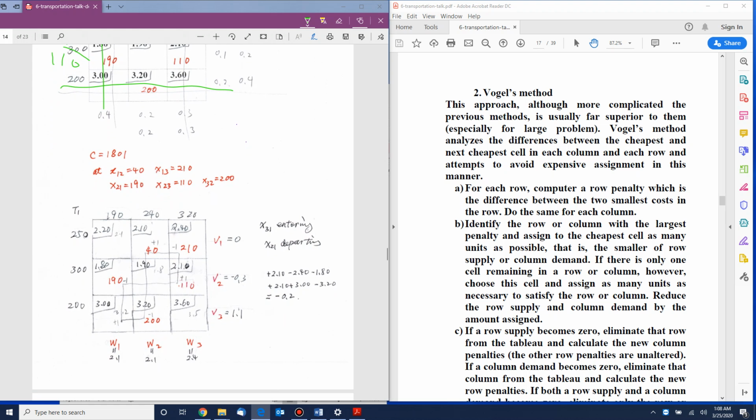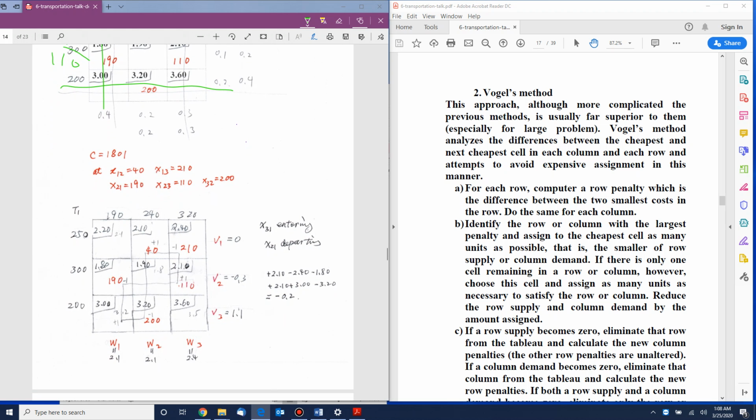And here you look at the cost, C equals 1,801. It is much cheaper than what we got using the